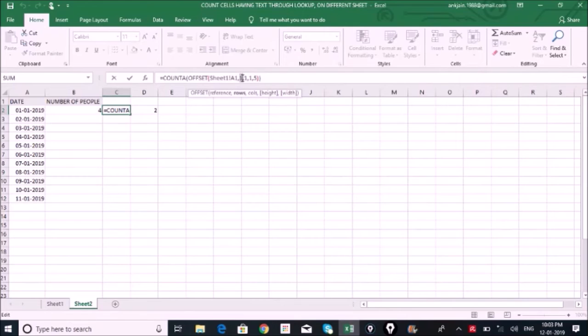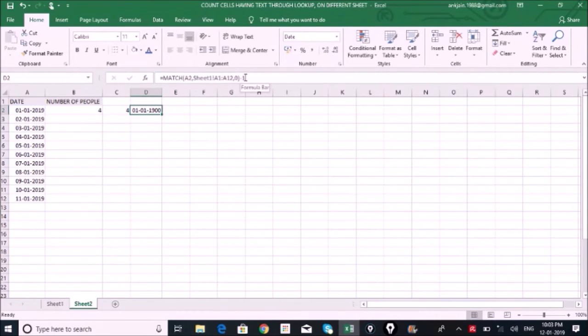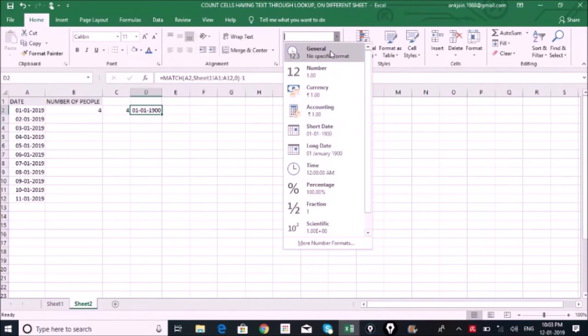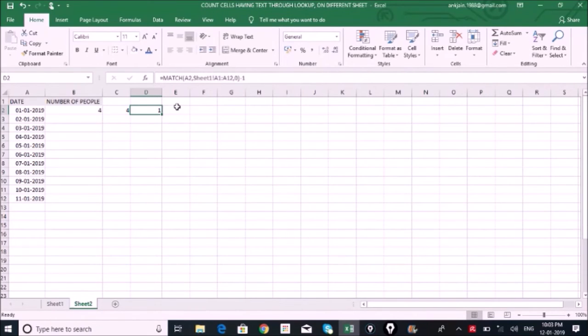The reason we aren't getting 1 in the match function is that offset counts after the reference point, and match returns the position in the given array. So we will deduct 1 from it to get the desired row number. So if I deduct 1 from it, its format has changed. Let's change it to General. Now we are getting 1. Let's copy this formula